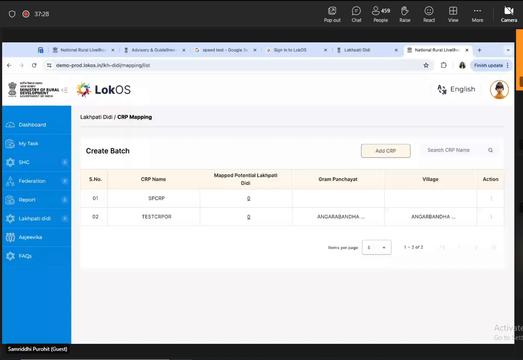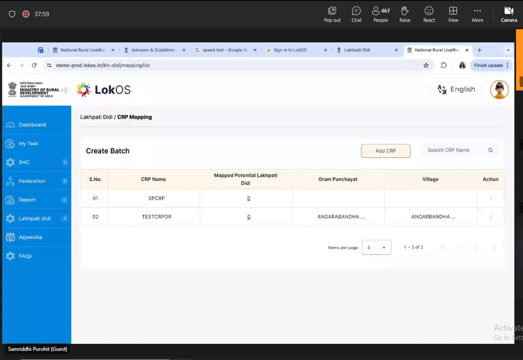Right. As you would remember, in the CRP login there were only two entries that were done till then. Both of them were approved potential Lakpati Didis, hence under the toggle button it showed you two numbers and zero for other members because they are exhaustive of PLDs. Right. So if there are eight SHG members, two are identified as PLDs. If you deselect the filter, I will see only six, right? Right, non-PLD.